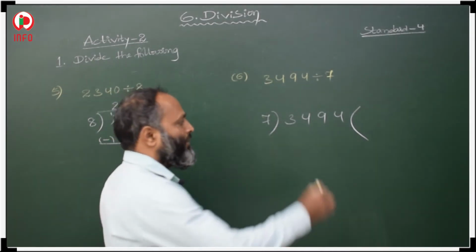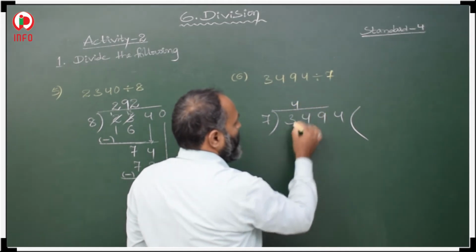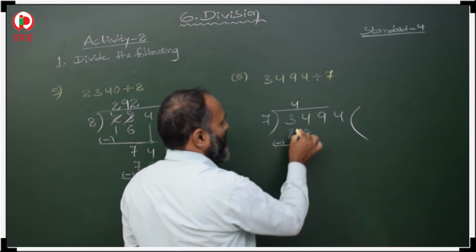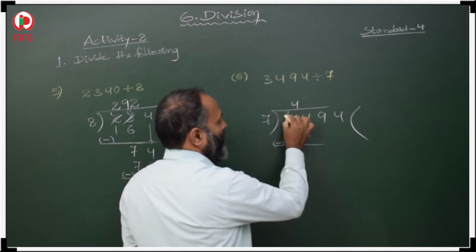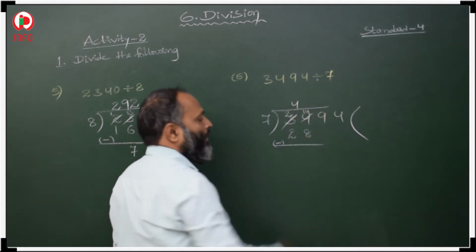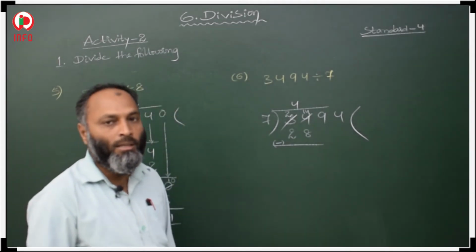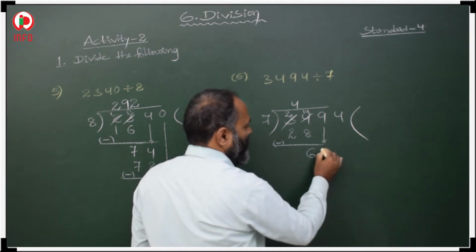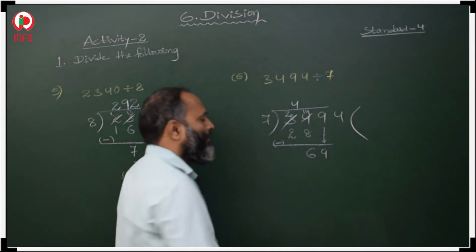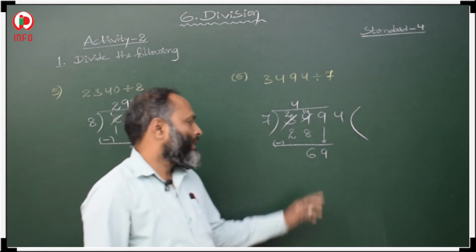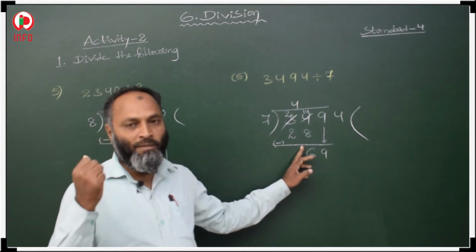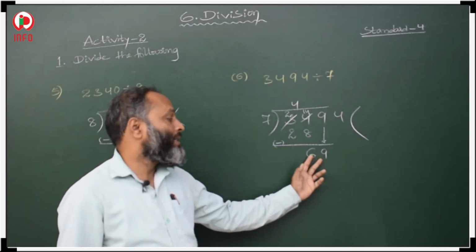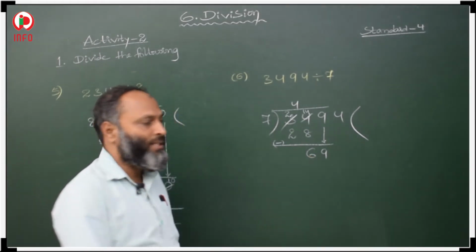means we have to take 7 4s are 28. Minus, so the top digit is less, borrow from here, here we will get 2, here we will get 14, 14 minus 8 is 6, then 9, 69. When you get 69, read your 7 table, 7 7s are 49, 7 8s are 56, 7 9s are 63, means we have to take 9s.